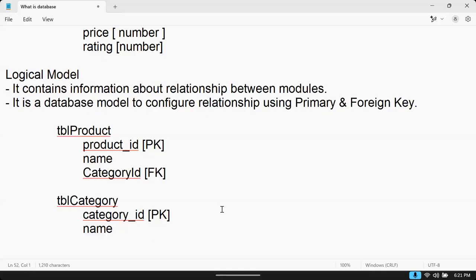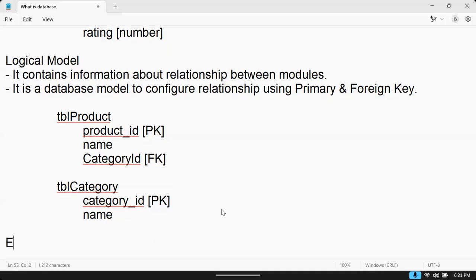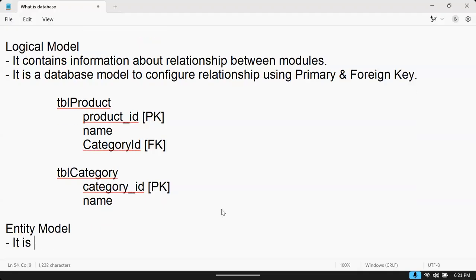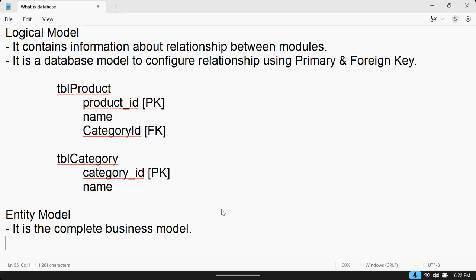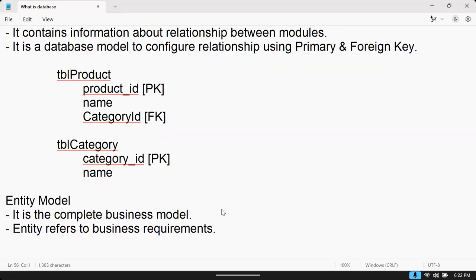So we have the conceptual, physical, and logical. Next important, the entity model. It is the complete business model. Actually, entity refers to the business requirements.